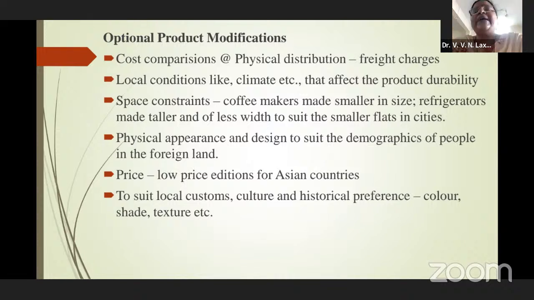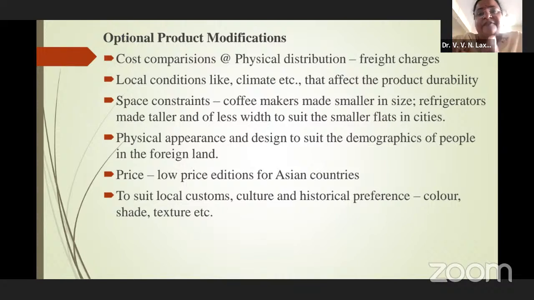For example, if you take the US, which is less densely populated than some of the Southeast Asian or South Asian countries, the average apartment space is very small. If you take some countries like Singapore, it is much smaller. So that may demand that kitchen appliances, the refrigerators and all, be much smaller in size to suit the apartment size, that is flat sizes, in those